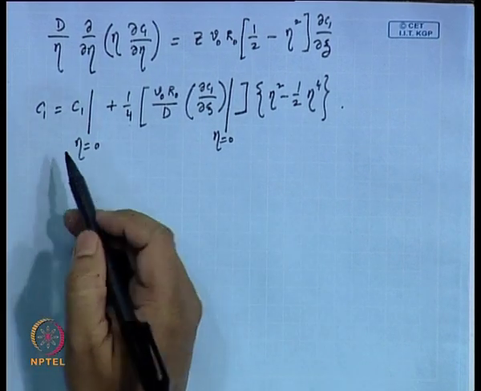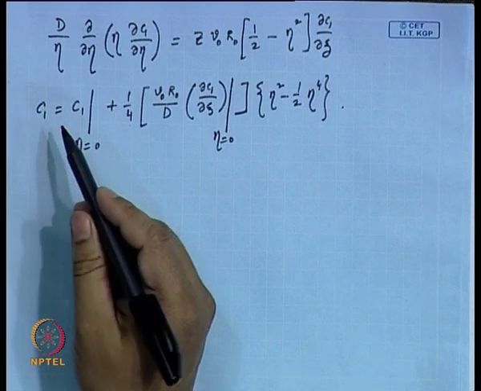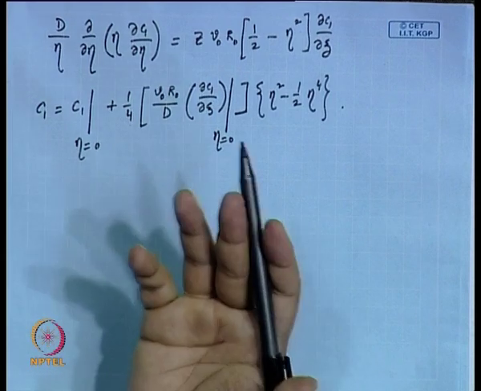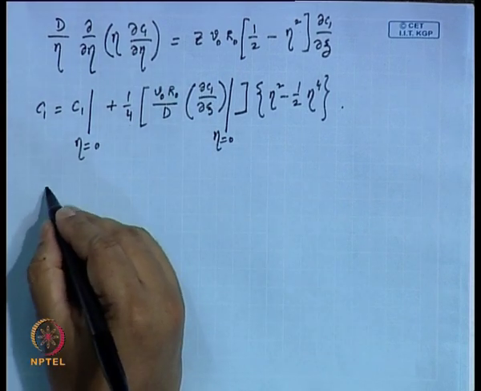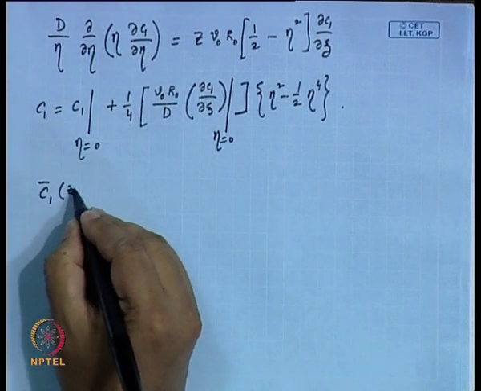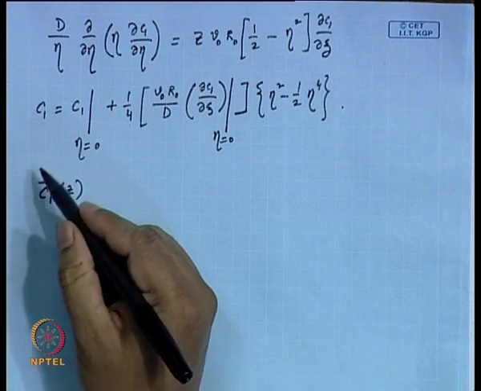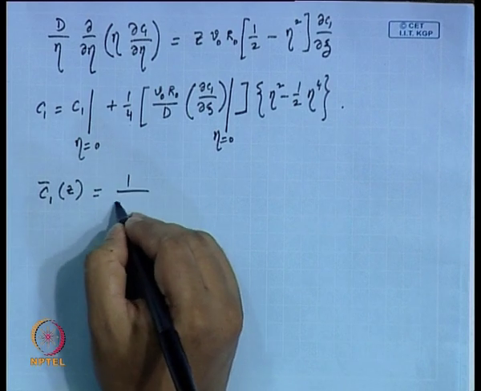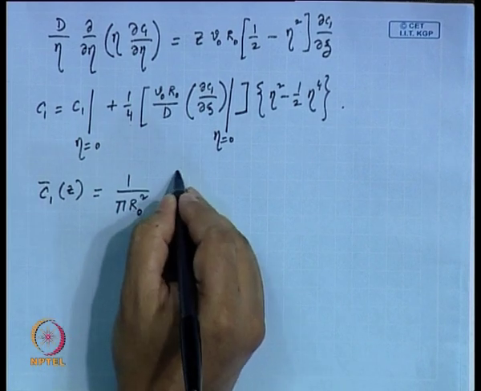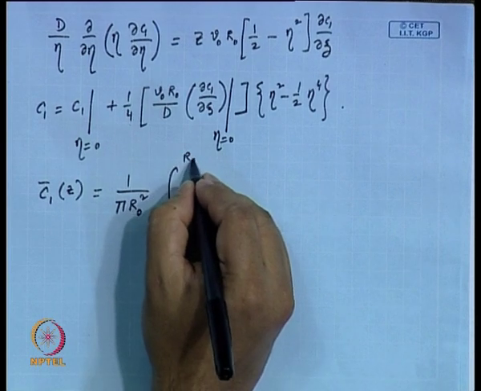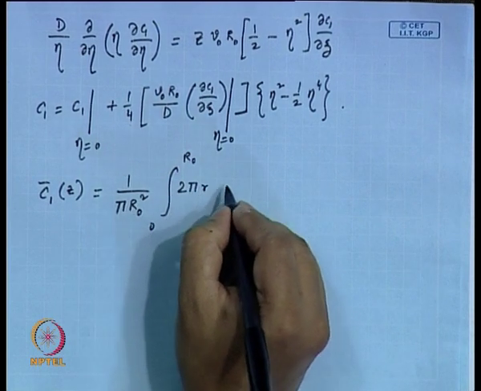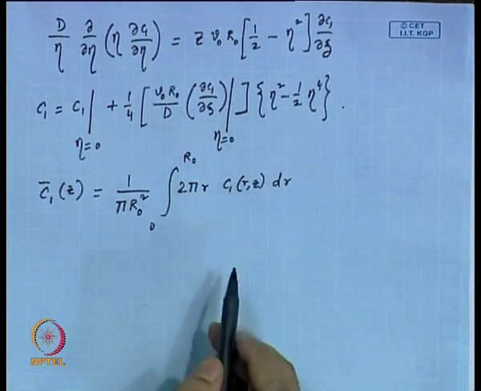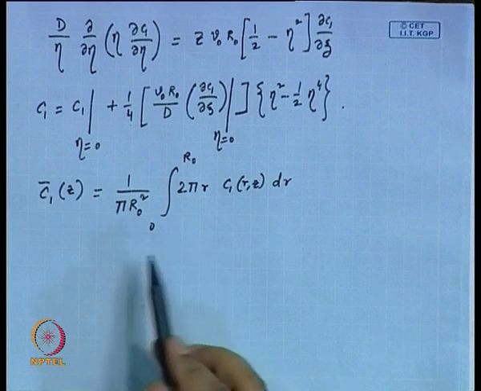average concentration, because this C1 as a function of R and Z does not make any sense, because you are not going to measure it with reference to R, neither you are going to express it. So, what you are interested in is something called a C1 bar of Z only. So, it is averaged over the entire cross section, and that would be equal to 1 by pi r0 square, integration 0 to r0, 2 pi r C1 as a function of r and z, dr. So, basically you are picking up an annular element,